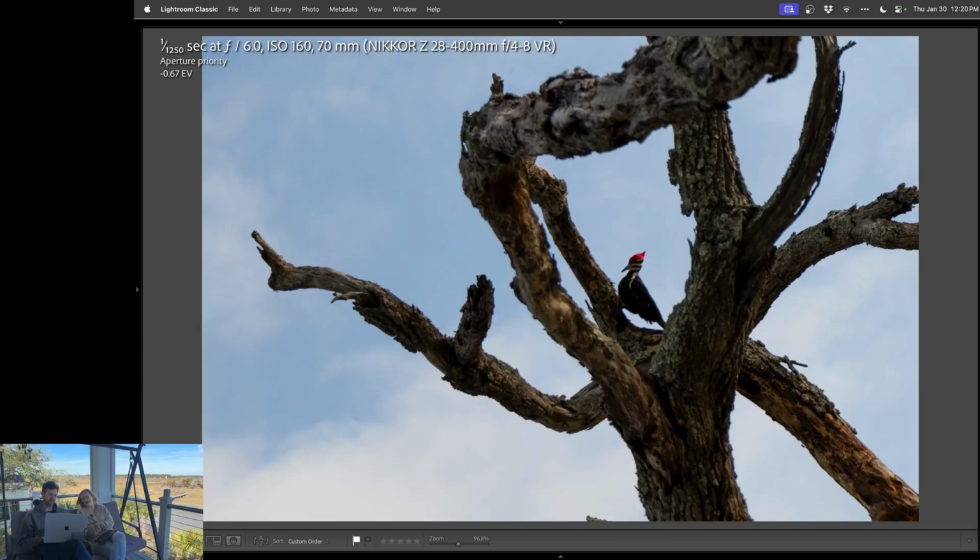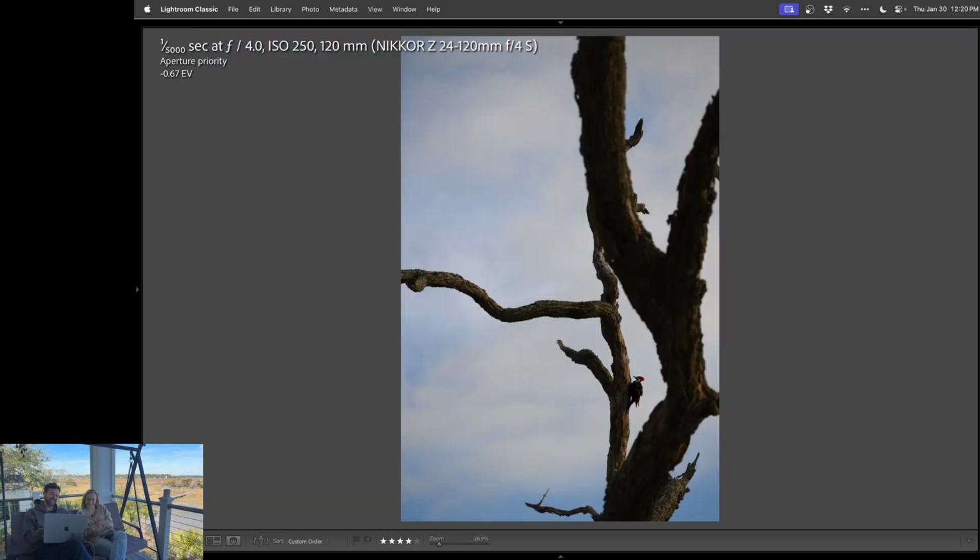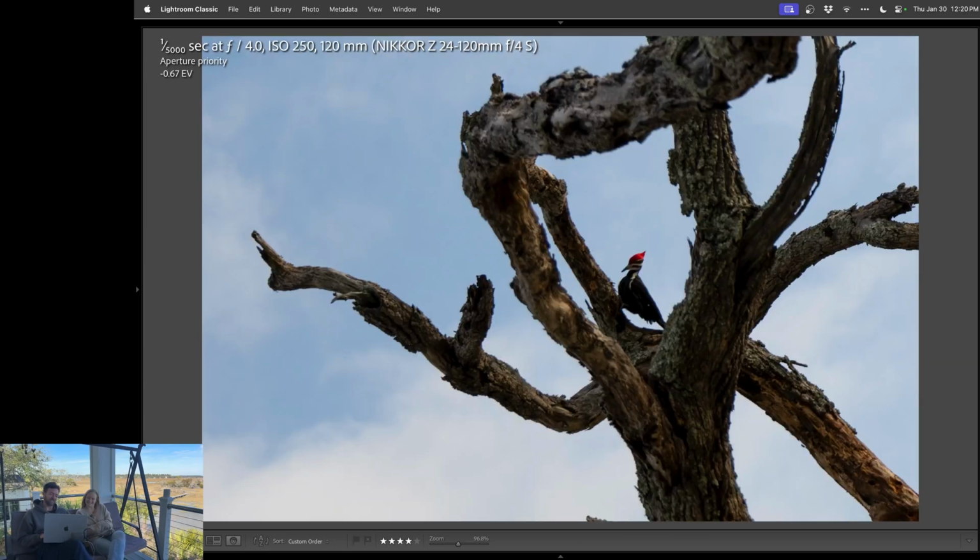Yeah, that's fun. I mean, it's bad. It's not good at all. What do you mean? He's framed in the side of the tree. I don't know. Really? Oh, okay. I thought it was kind of cool. That's the first time I've seen it. And you're just trashing it. I mean, I did the same thing here and I like it. He's framed in the tree and then you're like...